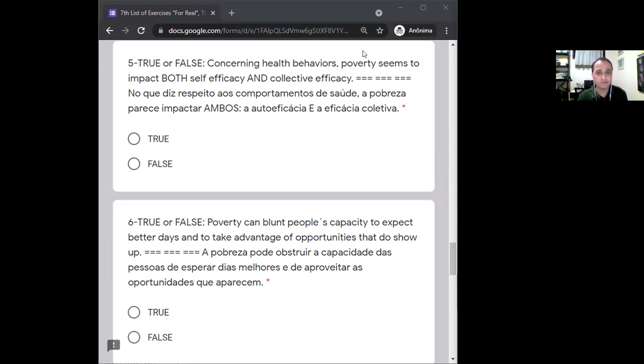Okay, so let's go back. This is a very unfortunate truth, okay? Unfortunately, it's true. It turns out that people in poverty lose trust in themselves and they lose trust in their group. So it's hard to make changes. It's hard to make changes stick. So for example, if you go to a poor community and you explain to people about dengue mosquitoes, right? You tell them, look, you have to